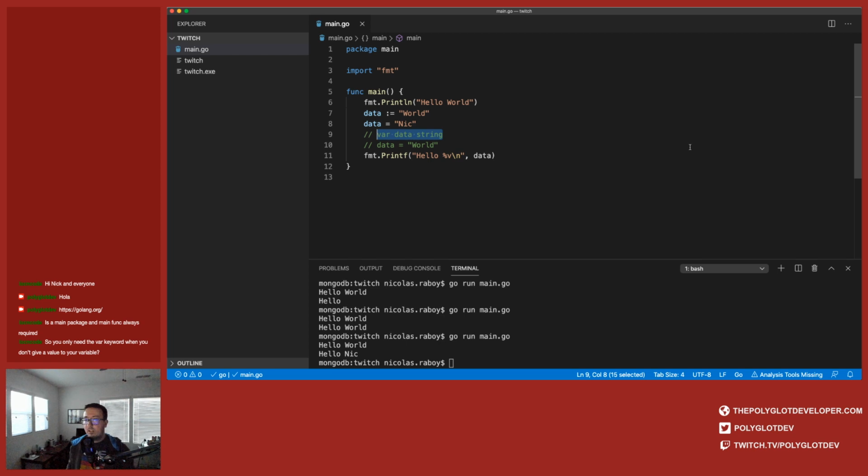Yeah, you would need the var keyword when you don't give it a value, and you want to assign it a specific type. An example of where you would want to use var: let's say you are receiving requests from a web service, right?